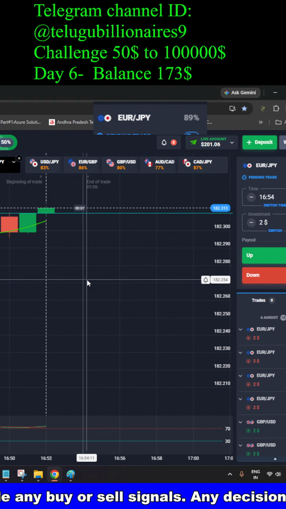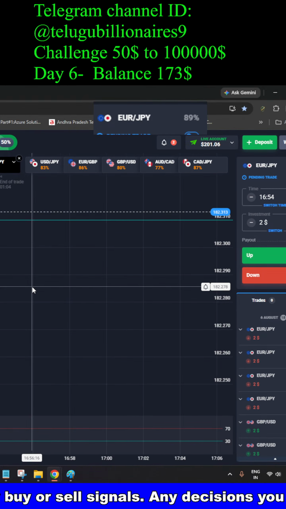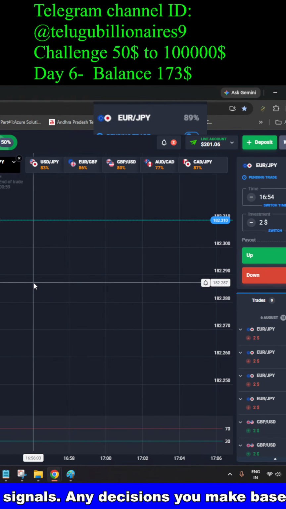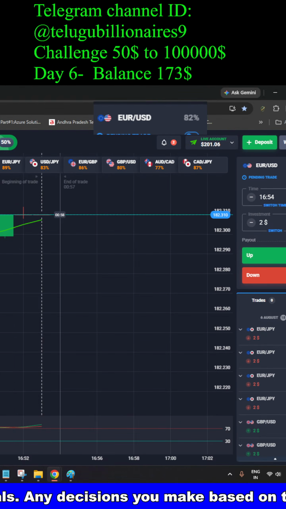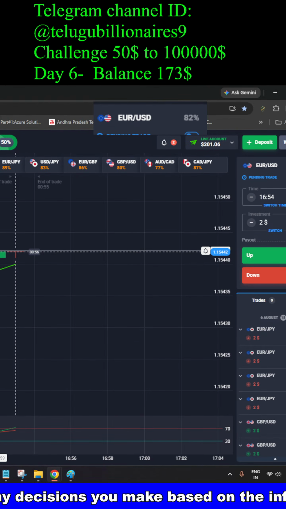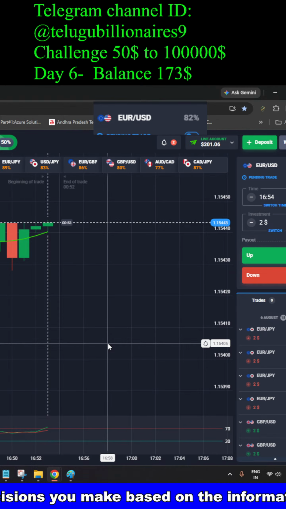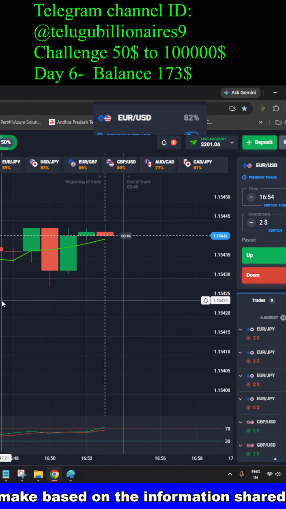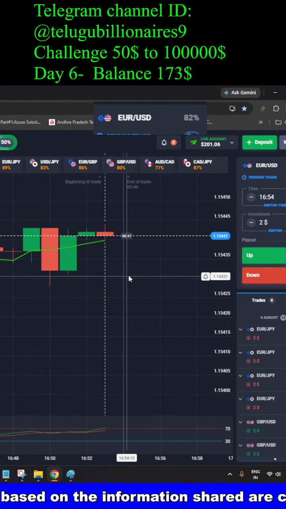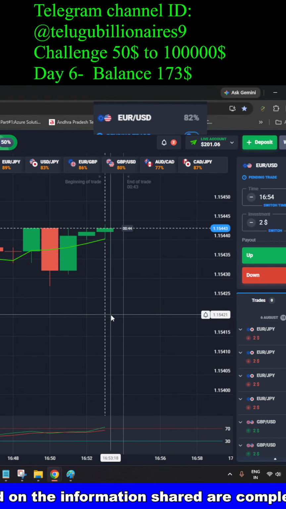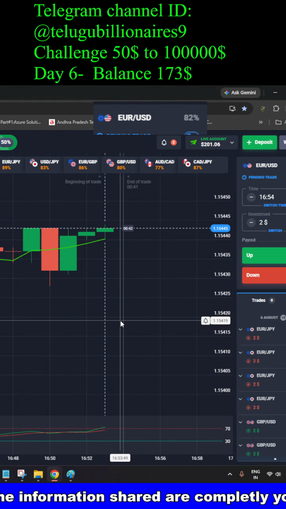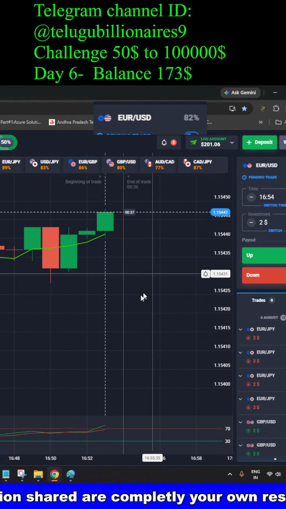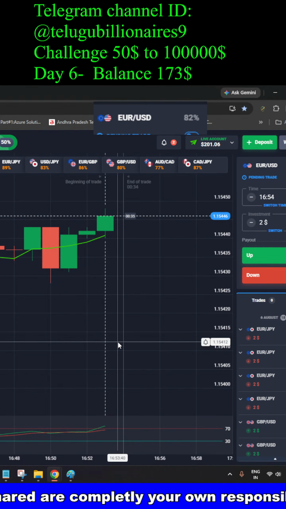Euro JPY is coming. No. Again closed at the same levels. Here also no setup. So with the setup, you need to wait patiently. Whenever the setup is formed, then take the trade. It is not a big deal, but you need to stick with the setup and wait patiently.